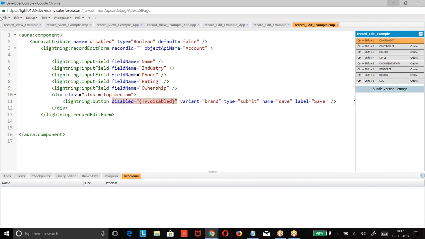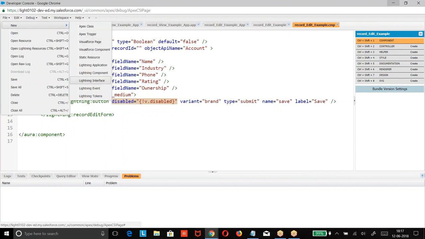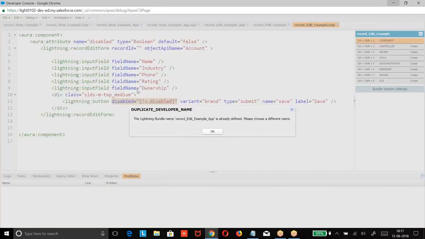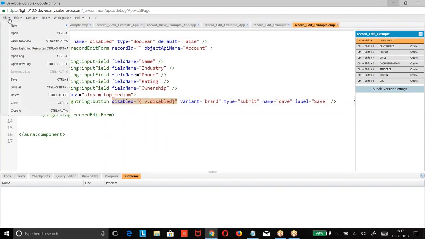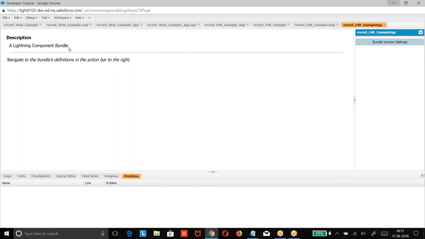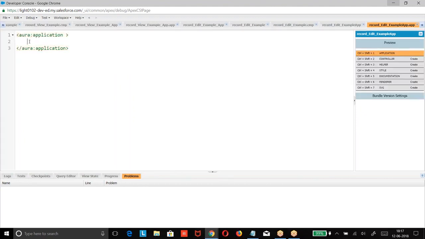Now we need to go for an application, a new lightning application, because we are using lightning extends.